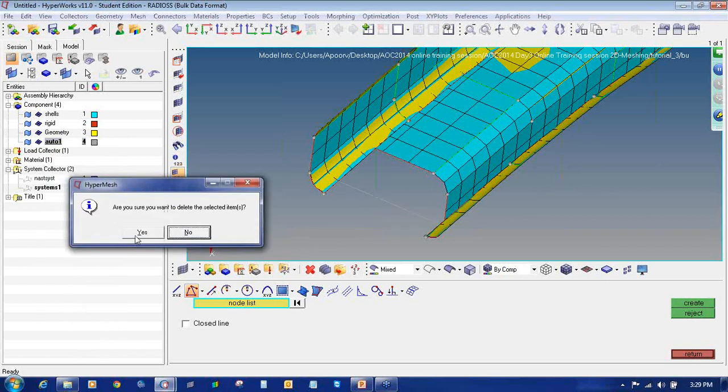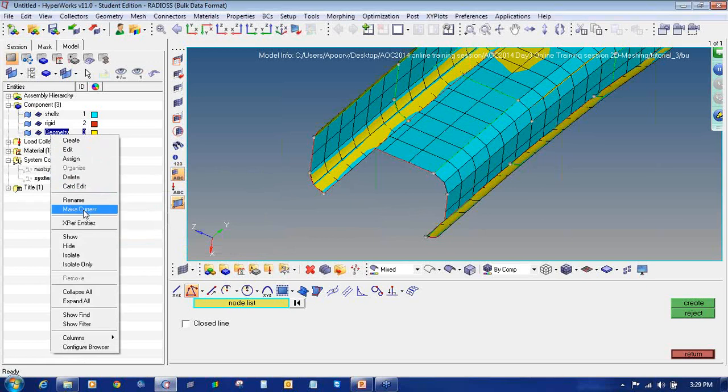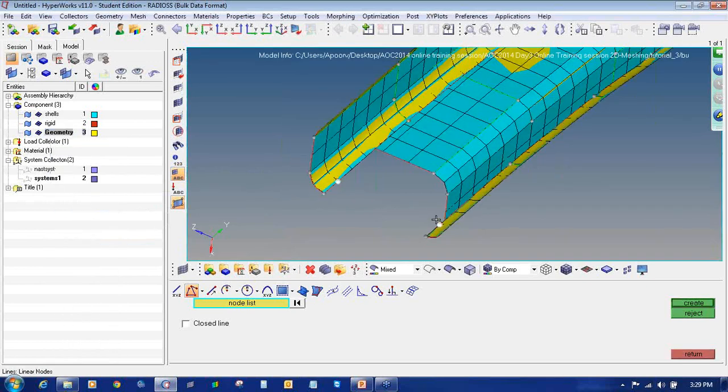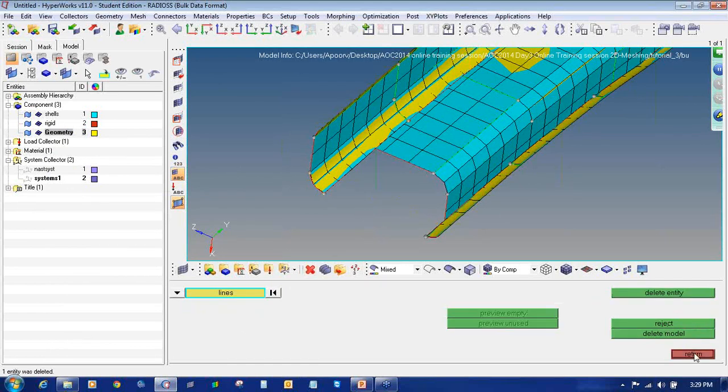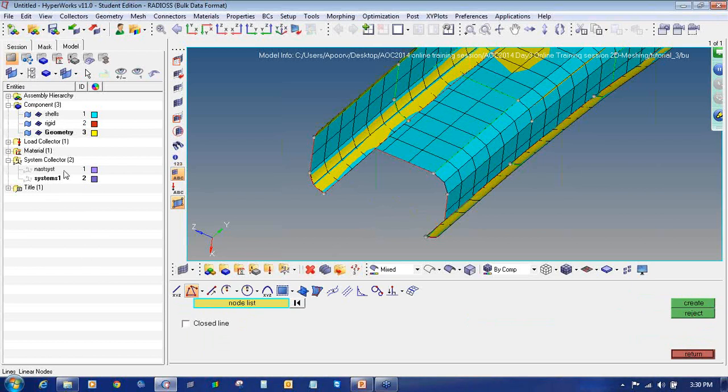So I will delete this component and make this the current one, and then if I click, it will move that line to the geometry component. I will delete this line. So always make sure any component you work in is bold so that it is perfectly created.